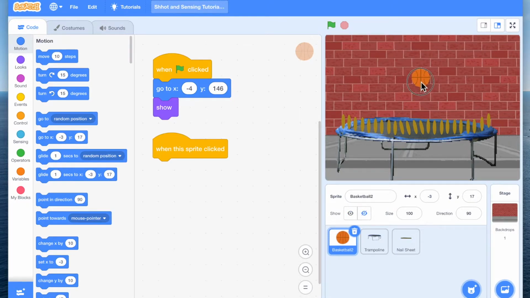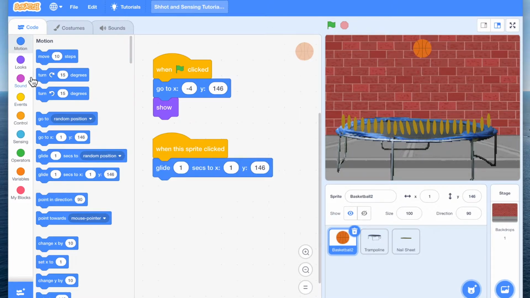Let's add a certain random number to y, right? So between 30 to 146, and we're going to pick random,